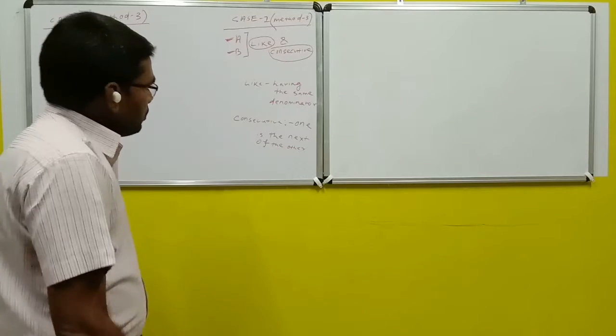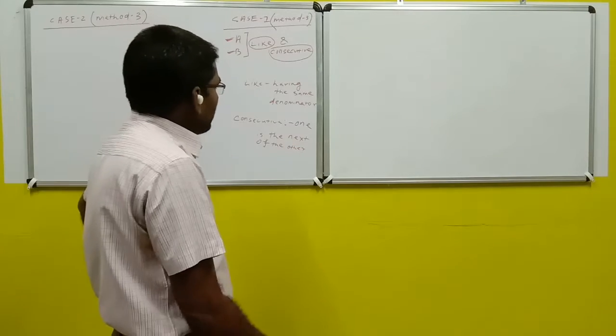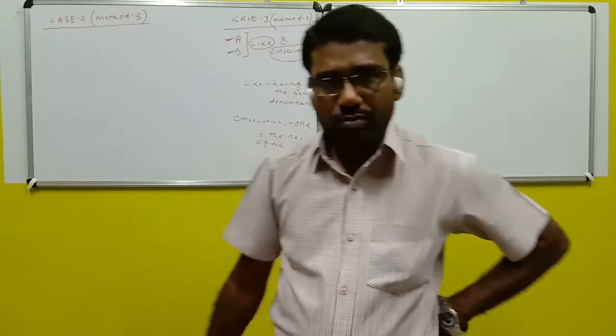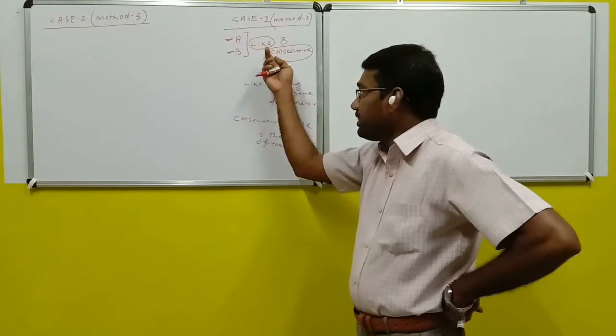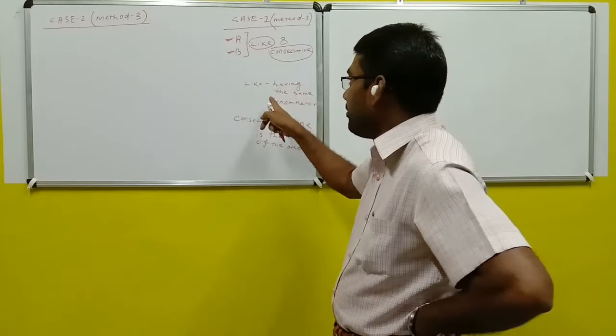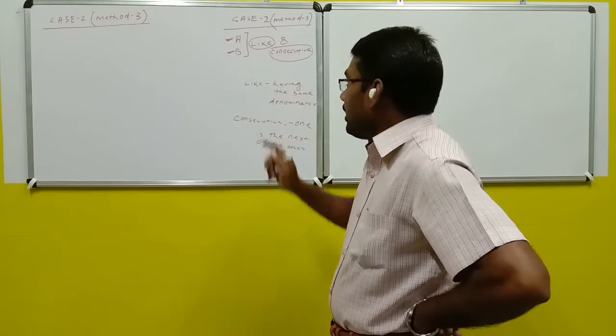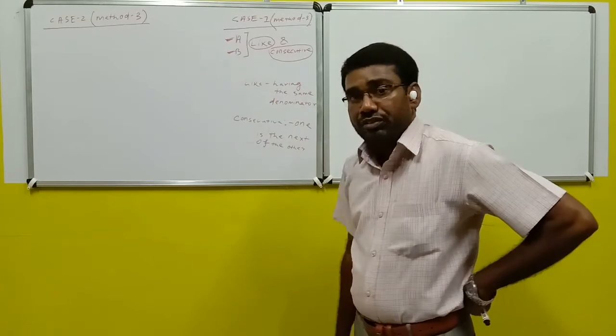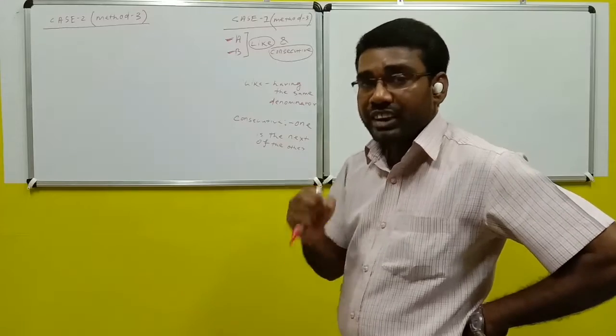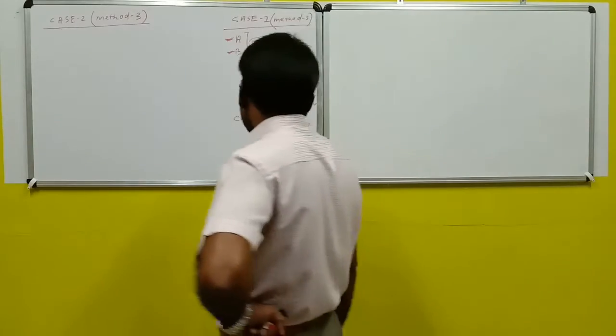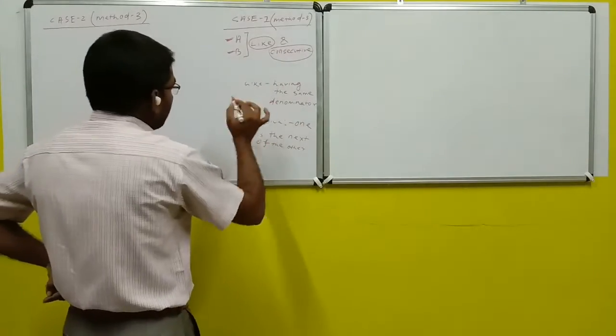So the given rational numbers in case 1 are like, it means they have the same denominator, and they are also consecutive, it means one is the next of the other. For example, case 1 example,